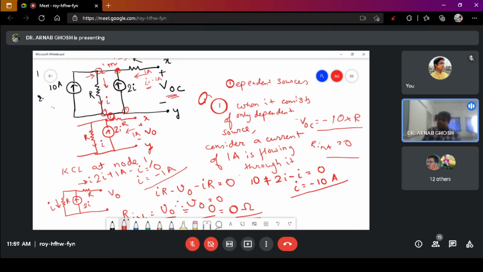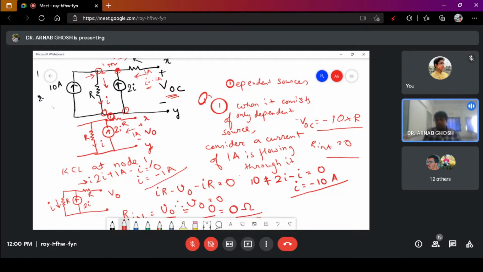By applying that, you find out the internal resistance. That is, you find out the current, and you find out the value of the dependent source. From there you calculate the open circuit voltage. Let's say this is not the open circuit voltage; we have taken this voltage as VAB or VO, anything you can say. Next you calculate the current. Now VO by current will give you the internal resistance, that is, the Thevenin's equivalent internal resistance.